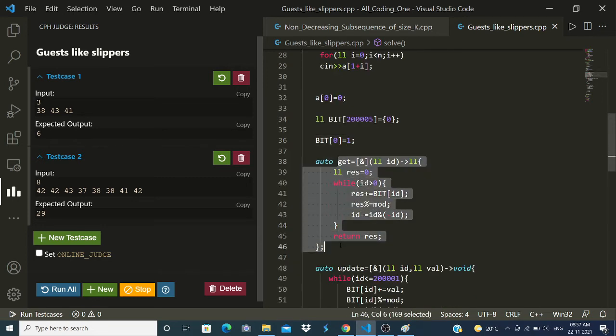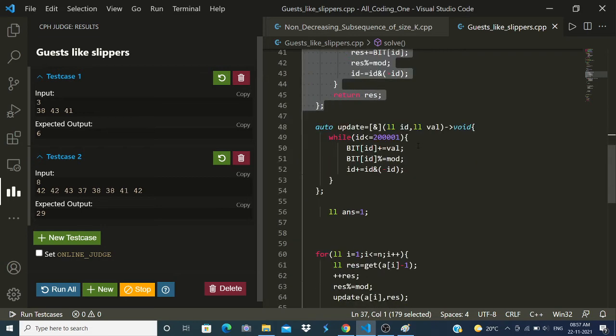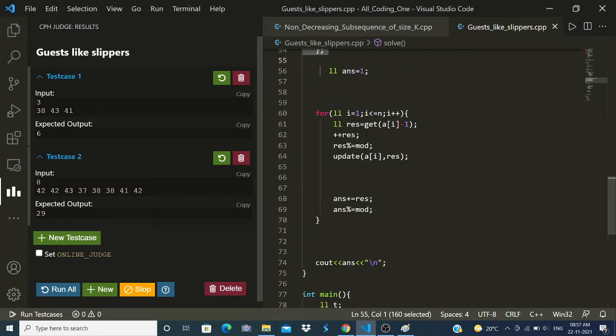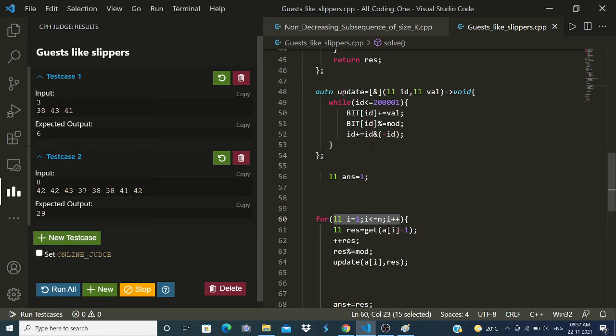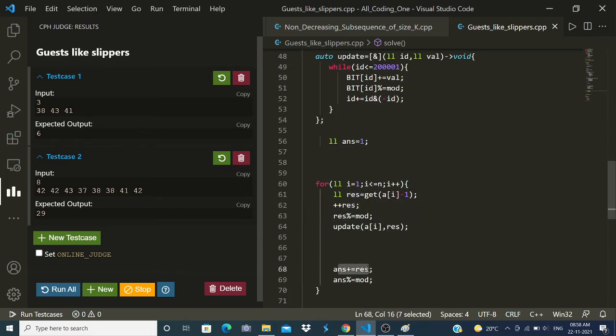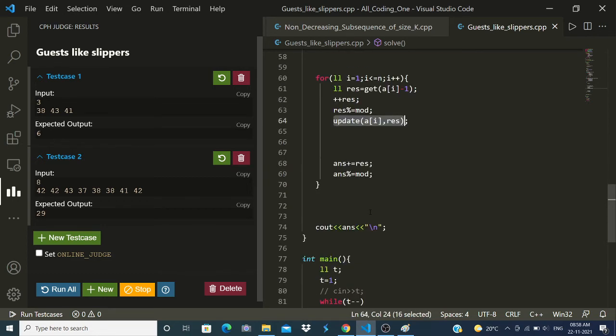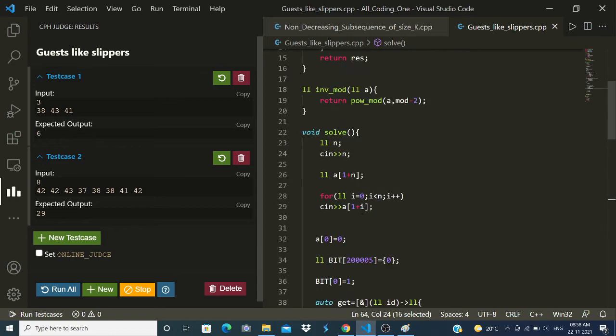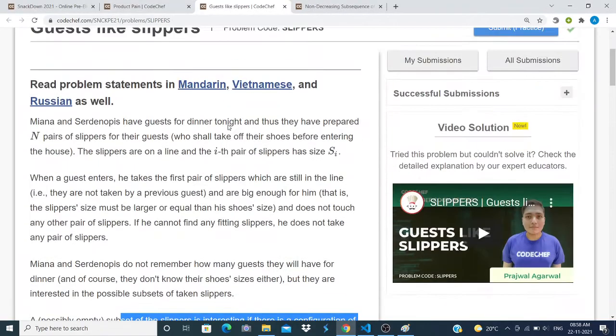This is simply getting the value at a particular index, this is updating it, and then moving from left to right, getting the sum of dp values for all the indexes which have a value lesser than a of i, incrementing that by 1, right, adding that result to my answer, and then updating the same thing, right. So this completes the solution of problem B.